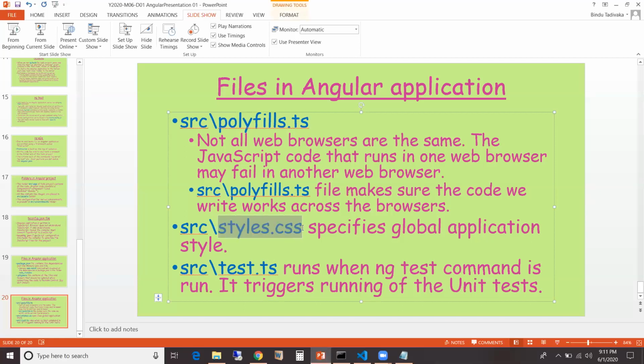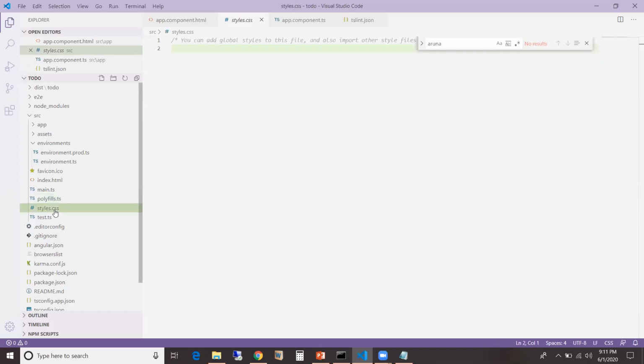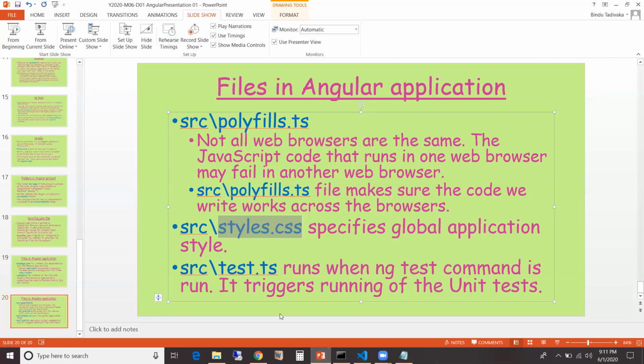And then we have the styles.css file, which is a cascading style sheet file, and it contains the style information at a global level. That means the styles across the application: what is the entire color of our application, what is the font of our entire application. Those details can be found in the styles.css file.